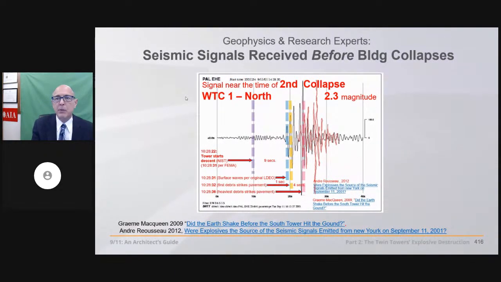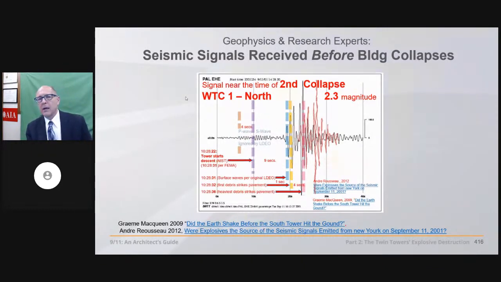What could be responsible? Well, let's look first of all at these very well-defined P wave and S wave, primary and shear waves, that were ignored, interestingly, by LDEO. They're very clearly defined. They occur before the surface waves. So that indicates something. And Andre Rousseau has pointed this out.